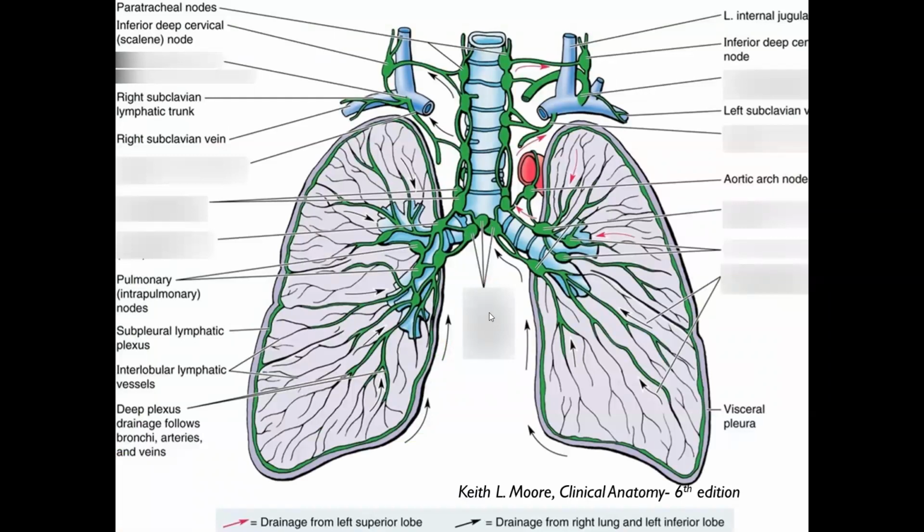Again, this is represented in this diagram. Here there are two colors of arrows, the black arrows and the red arrows. The black arrows represent the drainage from everywhere else, the entire right lung, which is seen to drain along the right side only. And here the left lower portion of the lung also drains along to the right subclavian lymphatic trunk. The red arrows show that the lymph from the left upper lobe alone drains separately into the left subclavian vein and the thoracic duct.